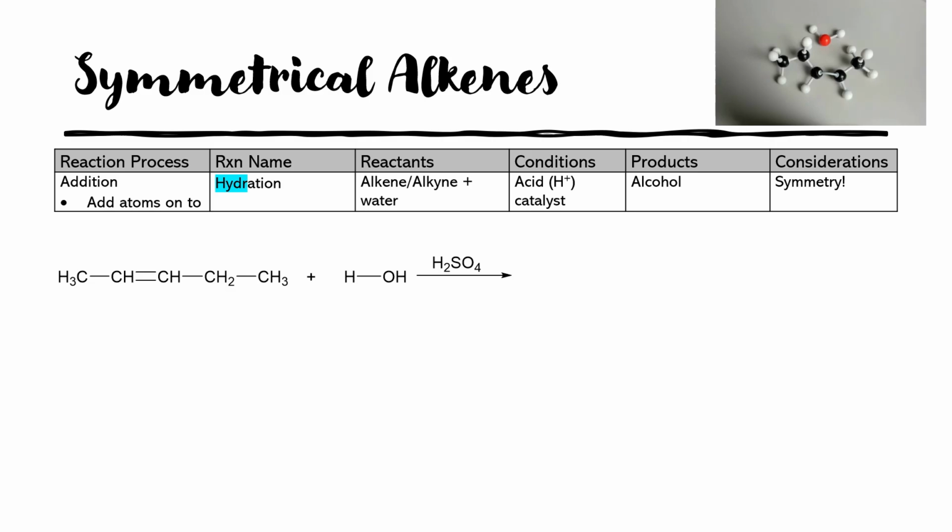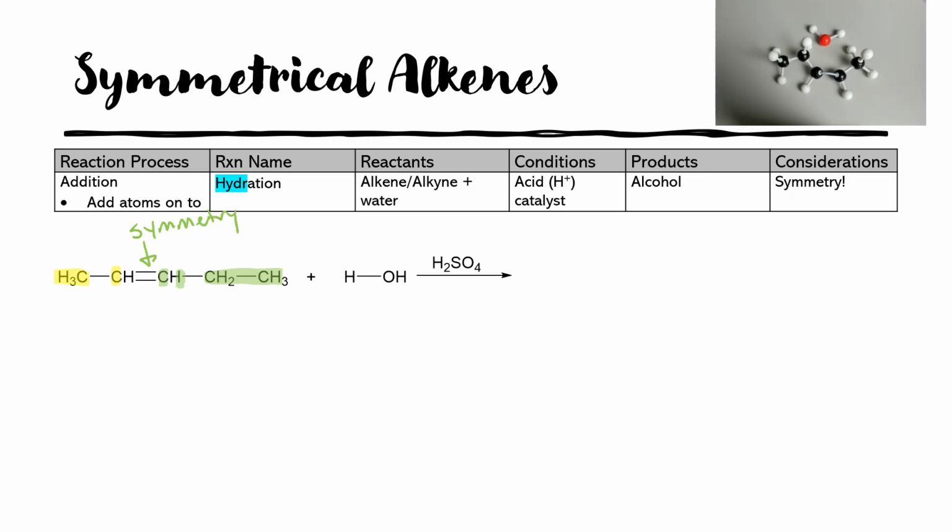Since water is a compound that can be split into a hydrogen and a hydroxyl group, we need to look at the symmetry of the carbons participating in that double bond. If we look at this first carbon, it's got one substituted position with an alkyl group and one hydrogen. The second carbon has one substituted group. It does not matter the size of that substituted group, and one hydrogen. This double bond then shows symmetry,